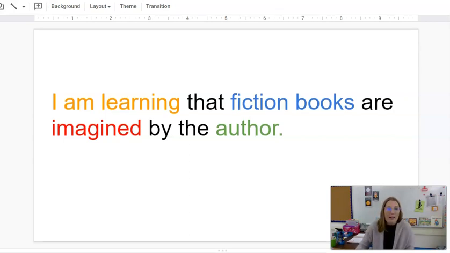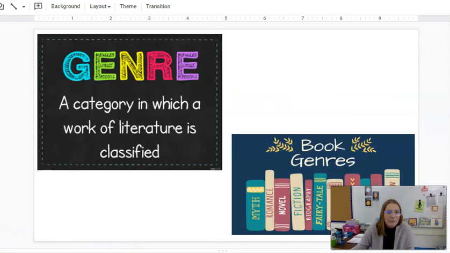So let's take a look next at the definition of genre. So genre is a category in which a work of literature is classified. So a work of literature could be a book, a collection of poems, a magazine. So the genre is simply where you would put it if you were categorizing it, if you were placing it